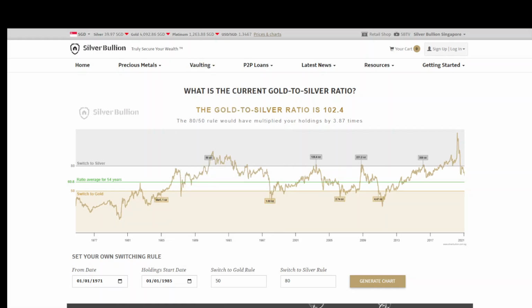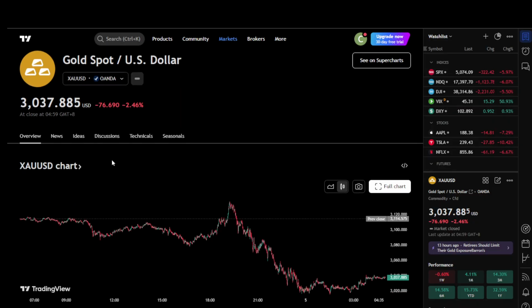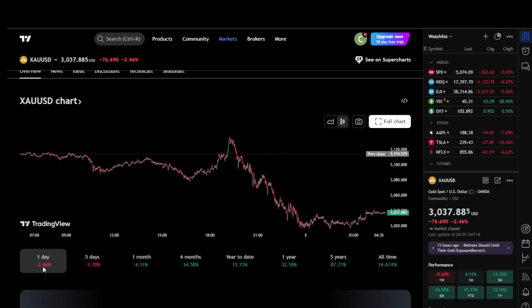Okay, so let's take a look at the gold and silver prices to start off this video first. The current gold spot price in US dollars is 3,037 US dollars right now. It has experienced a very short retracement in the recent days. However, it is still very near the all-time high. So this is the intraday chart for Friday, which is yesterday. But as we know, the gold silver market does not open during the weekends, so the price is currently at